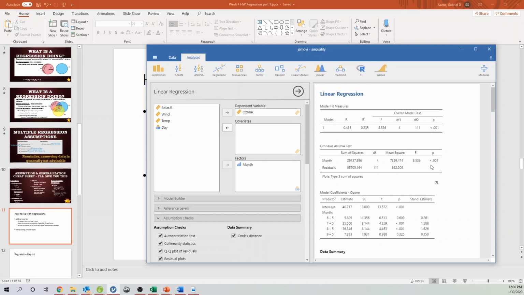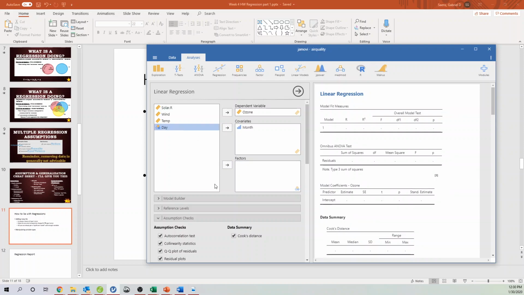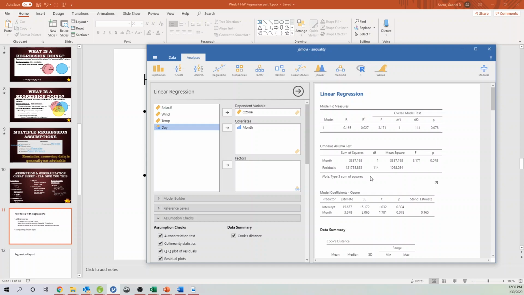Here, the ANOVA says that we have an F of 8.5, and that's pretty dang significant. We take this month variable, pop it in as a covariate. Now the F has gone down, and it's stopped being significant. Now, why would this kind of be the exact opposite of what I was saying? Probably in this case because